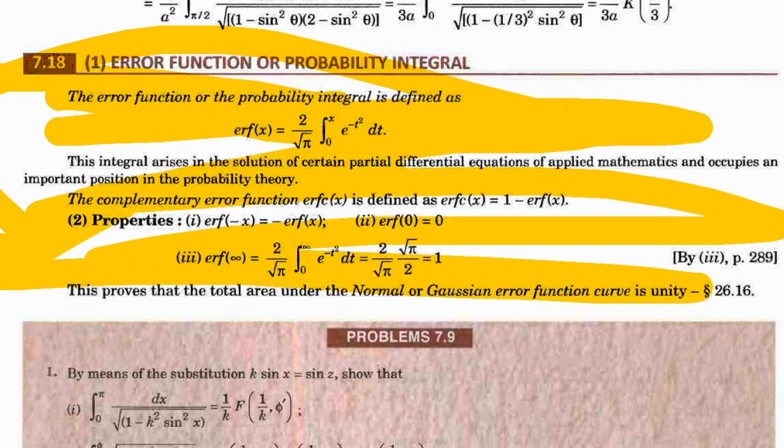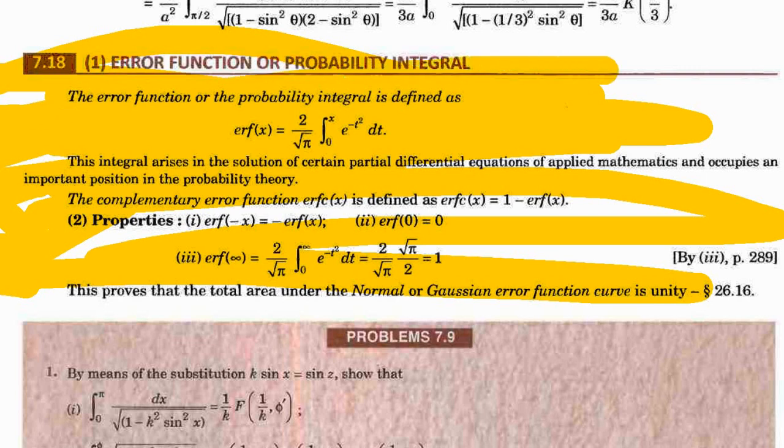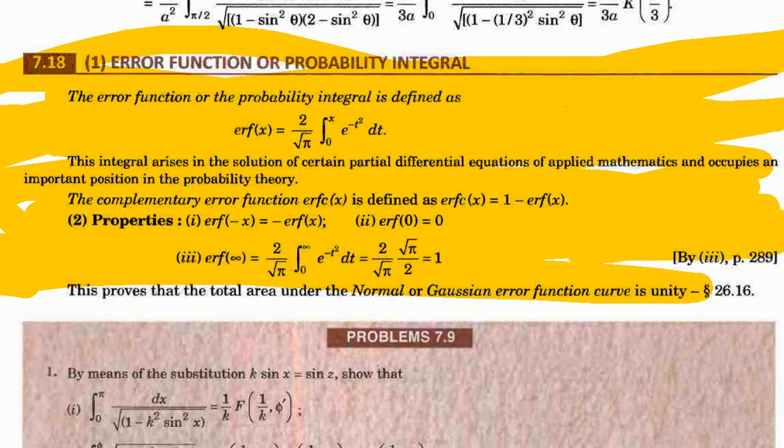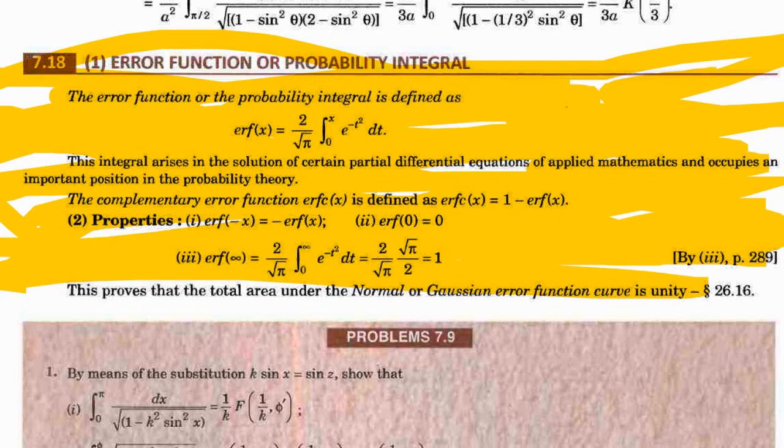I'll make it full like this, also this side, so that it won't look bad. Now these two things I am making this much bold with coloring, because you should never forget this. Now this is the error function, the complementary error function, and some of the properties are written. This we have already proved, and the error function, this also we have proved.